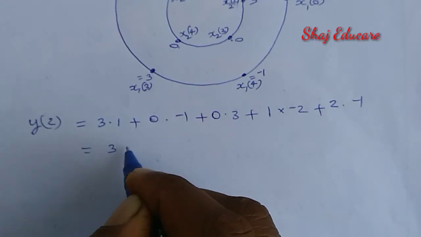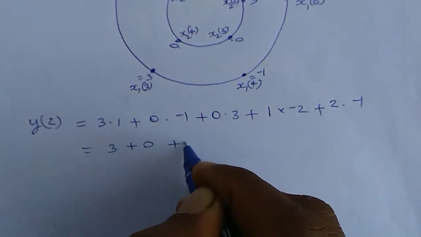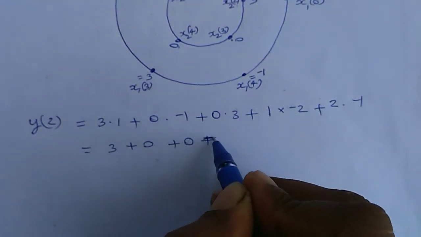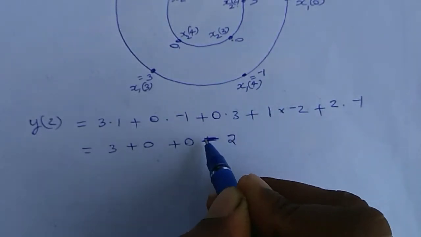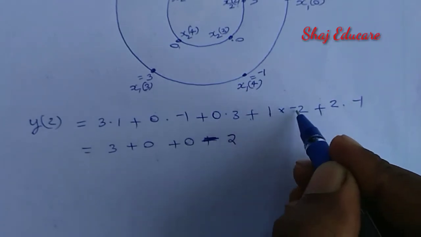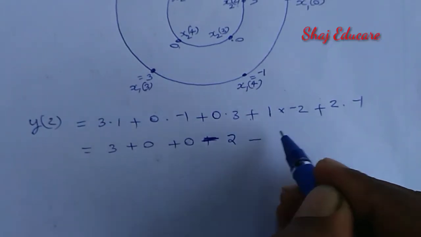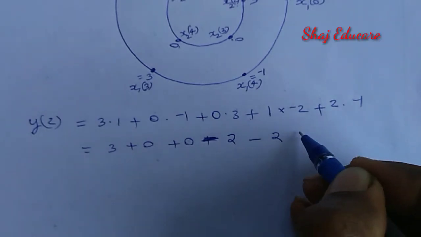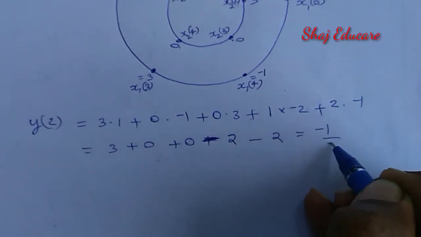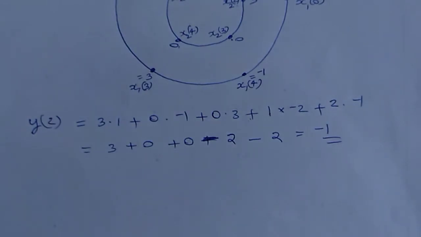This is equal to 3 plus 0 plus 0, plus into minus become minus 2, then plus into minus become minus, again plus into minus become minus. So that I'm getting the answer. Now